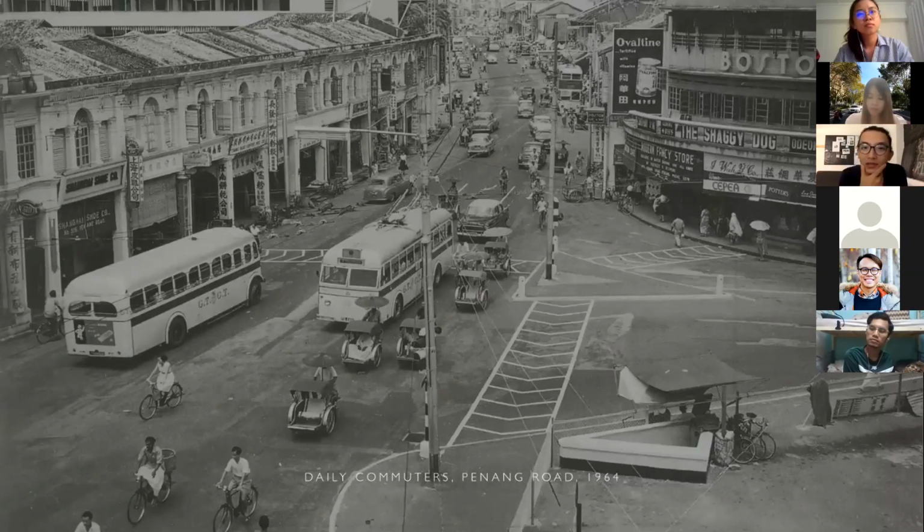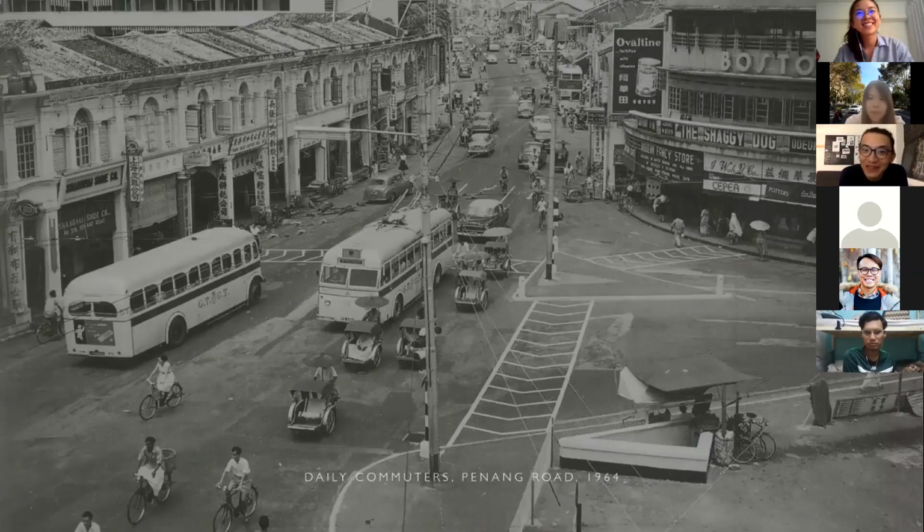This is a streetscape of Penang Road, 1964. Of course, the advent of cars is coming, but you can see it's a very shared space, with very minimal traffic markings, shared between, believe it or not, electric buses. We don't even have electric buses. Oh, well, we do have. Was it a tram? It's not a tram. At that time, they didn't have the tram. The tram was already out, I think, in the 1920s or so. I see. But this is electric buses in Penang.